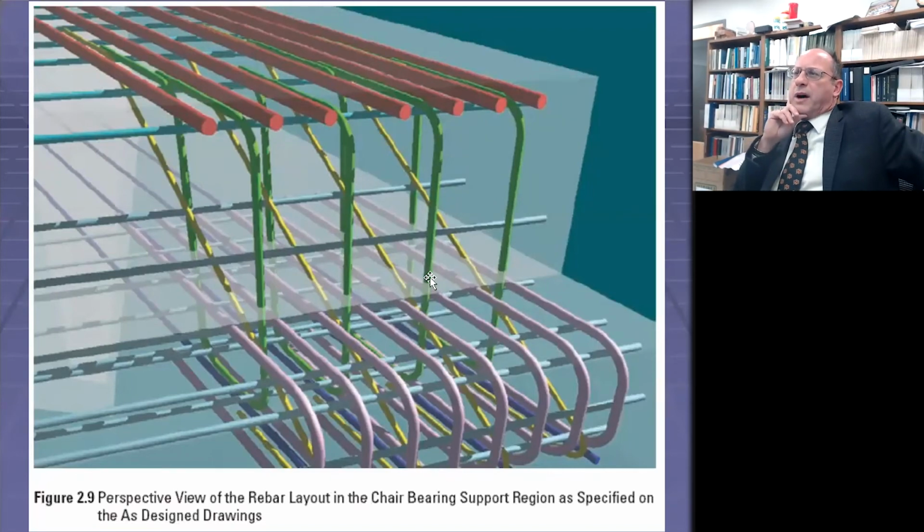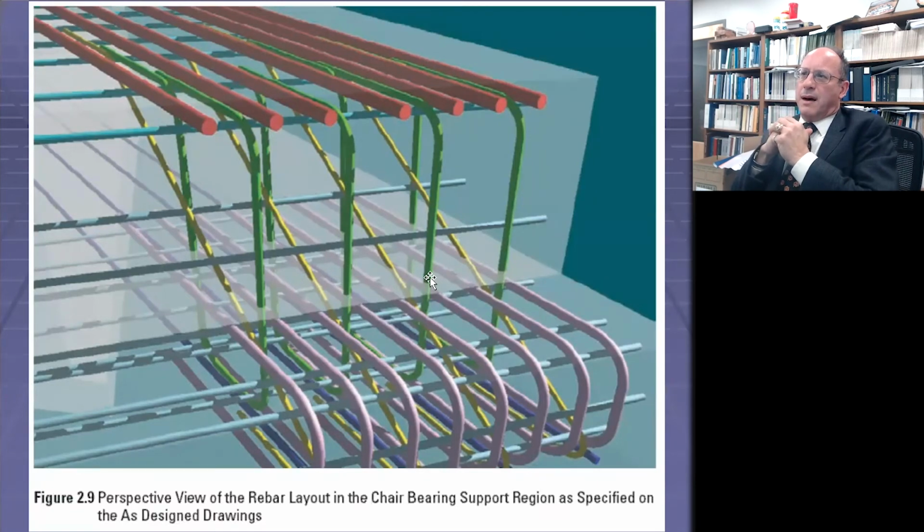And one question is, even if it's built perfectly, is that length of the large bar, the red bar, enough to properly develop that? And is that length of the yellow bar where it overlaps enough to provide proper load transfer? So in my basic reinforced concrete class, we would calculate some development and transfer lengths for these types of bars, and compare them to what was actually done.